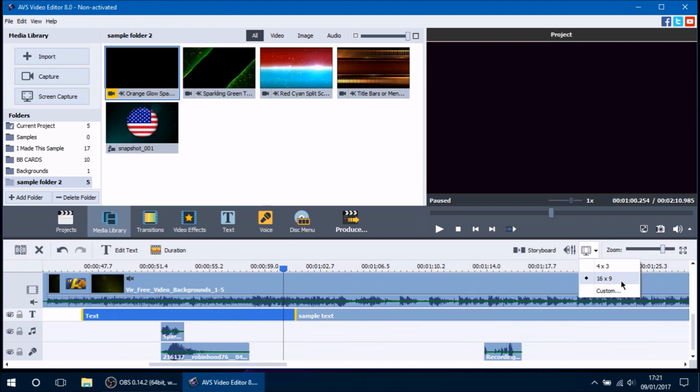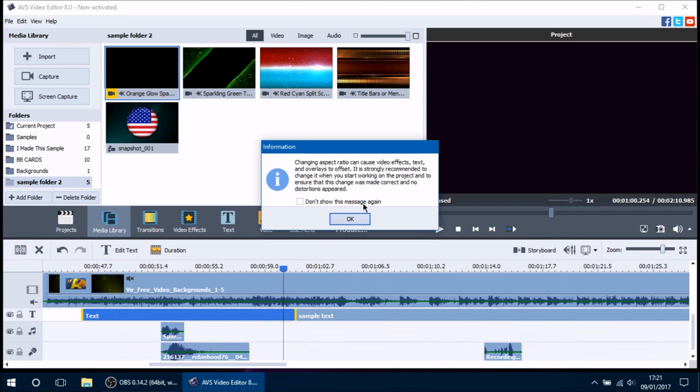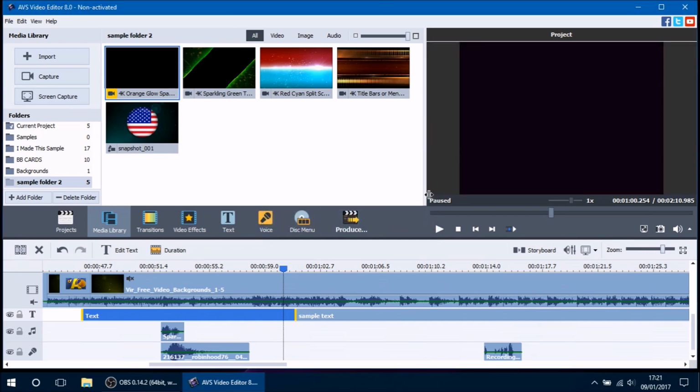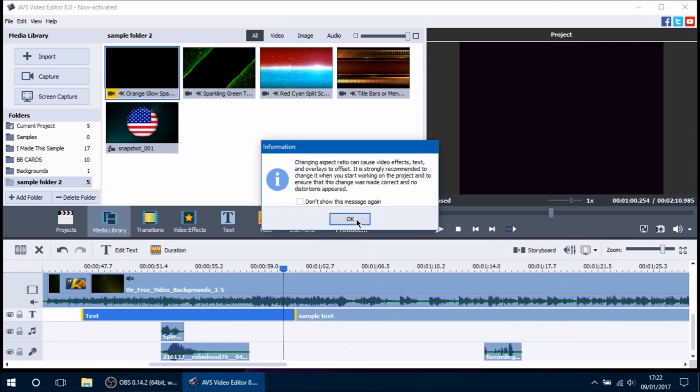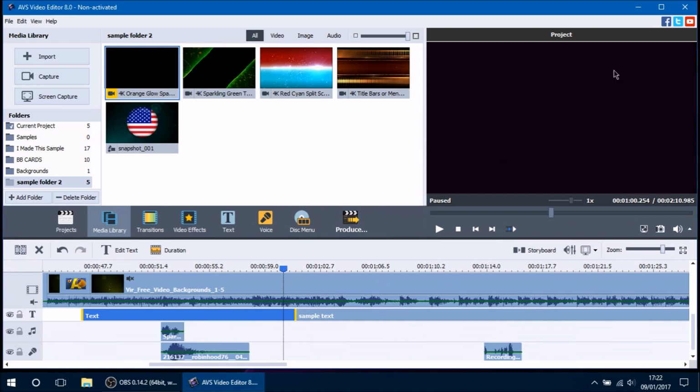For good YouTube videos, it's a 16:9 aspect ratio, but you can also change it to a 4:3 aspect ratio if you'd like, and it will give you a warning saying that everything will shift within your video, and if you produce it, it will come out to be a 4:3 aspect ratio. So I'm going to click OK just to show you that it does in fact change your whole video to a 4:3 aspect ratio. I'm going to change it back to 16:9 to show that is the perfect aspect ratio